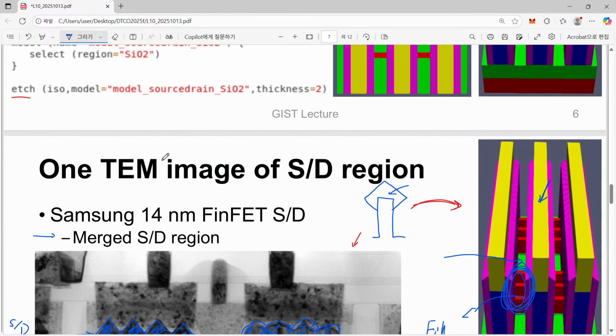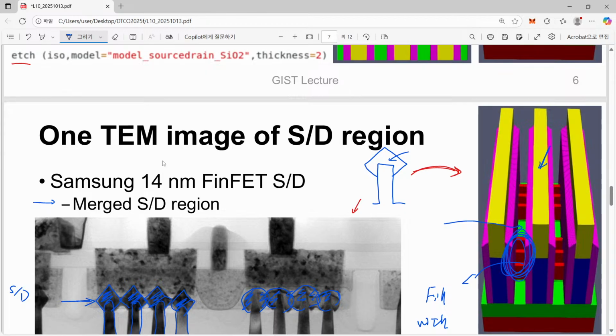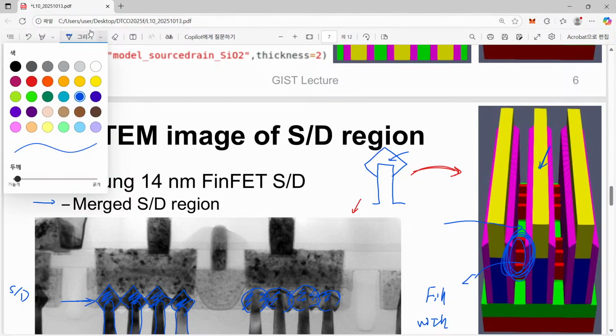Maybe let's just make a certain rough estimation. So right now we have a 7 nanometer thick fin and a 7 nanometer thick fin, and in between we have 20 nanometers. This 20 nanometers is about 3 times our fin thickness. And when I have a look at the top view from this wafer surface, usually what we have is